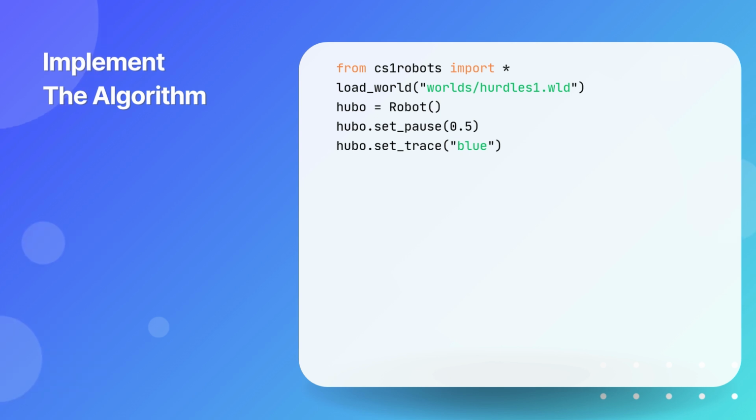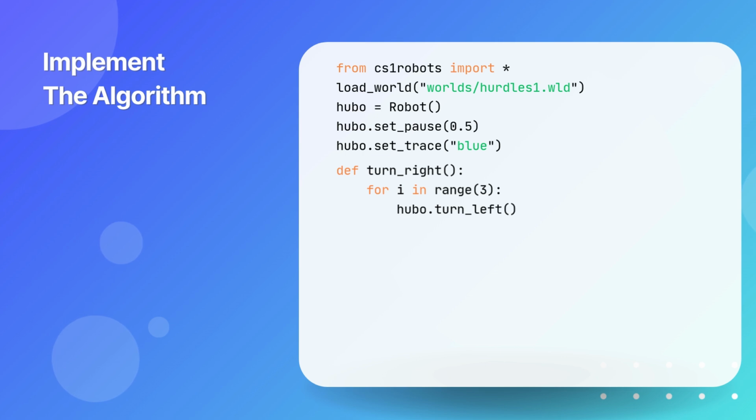To enable the robot to navigate the course, a helper function turn_right is defined. Since the robot can only turn left, this function simulates a right turn by making the robot turn left 3 times. With the right turn functionality in place, the next critical task is for the robot to jump over the